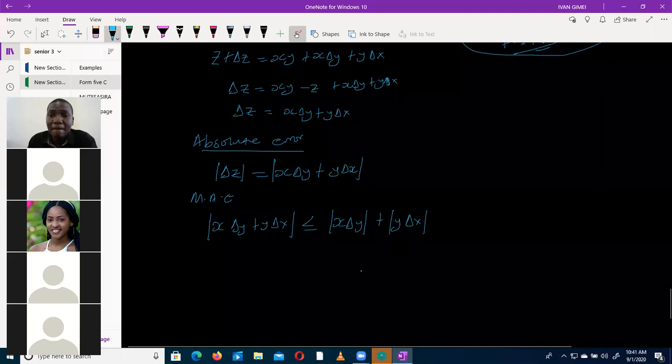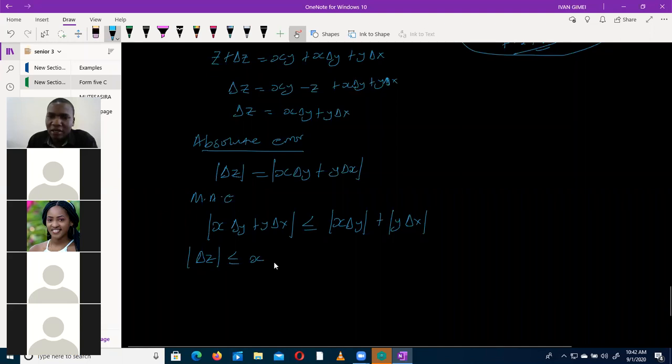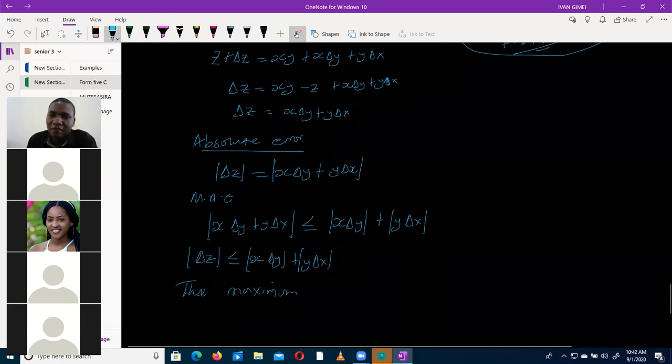That is my maximum absolute error. So therefore, the error in Z will be less than or equal to x times the modulus of the error in y, plus y times the modulus of the error in x, like this. And here we can now conclude and say the maximum, and this question is very popular, maximum absolute error